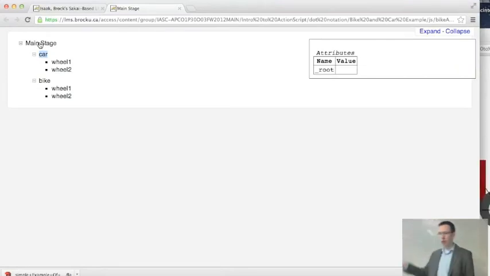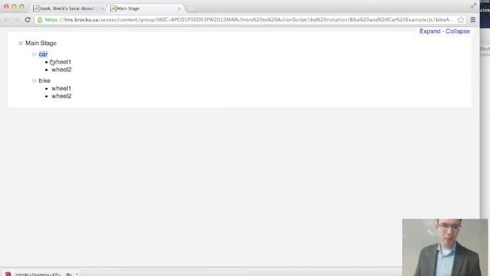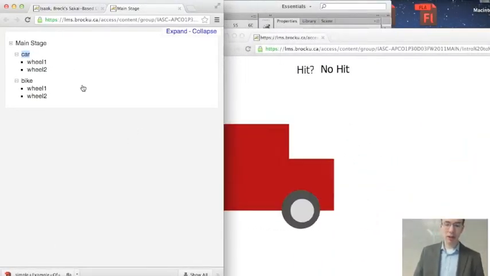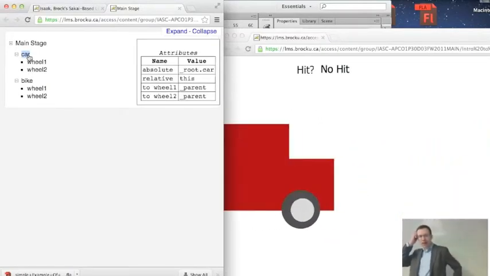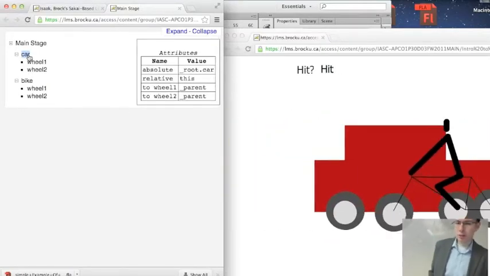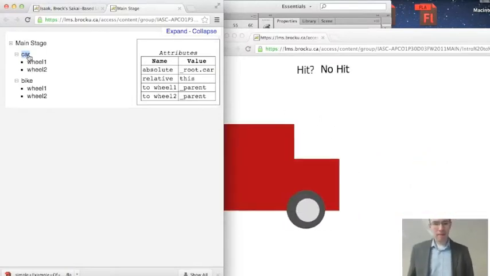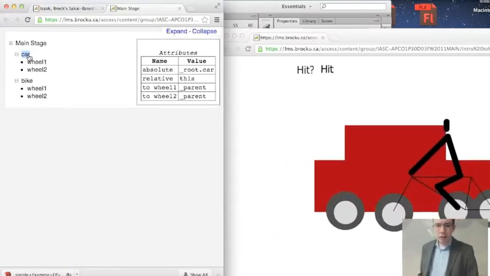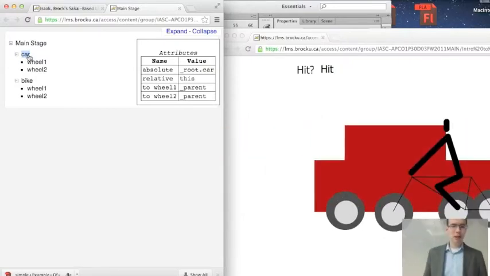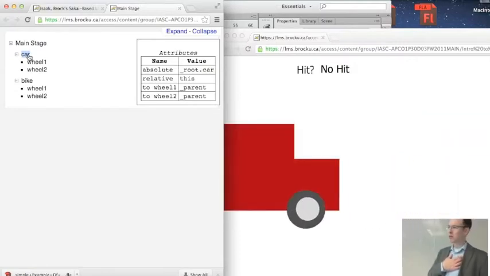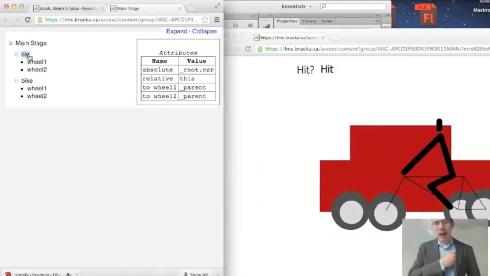Got our main stage, known as root in our absolute terms, otherwise it's this in the local scope if you're writing the code on the main timeline. In this movie clip we've got two movie clips, car and bike. Pretty obvious without looking at the source file. Here's what their names would be in our different ways of doing notation. We've got absolute, root.car for car, same root.bike for bike. Relative, if I am speaking about myself as the car, I refer to myself as this. And this relationship